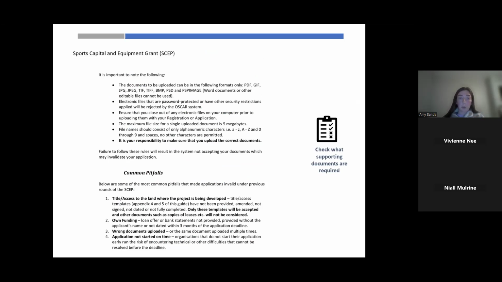Then in terms of the Sports Capital and Equipment Grant, which we hope should be opening this summer of 2025, as you can see here, this is taken straight from the guidance notes and it's about supporting documents. The fund basically lets you know what type of document can be uploaded and the formats: electronic files that are password